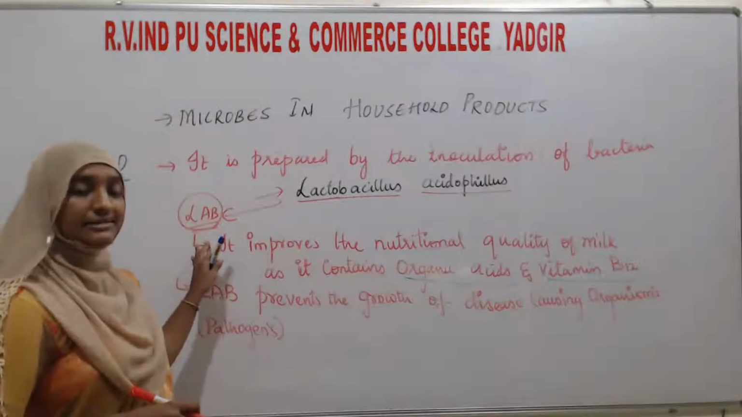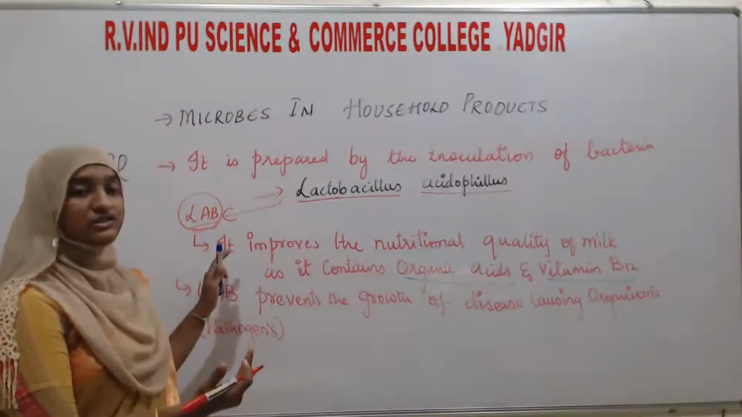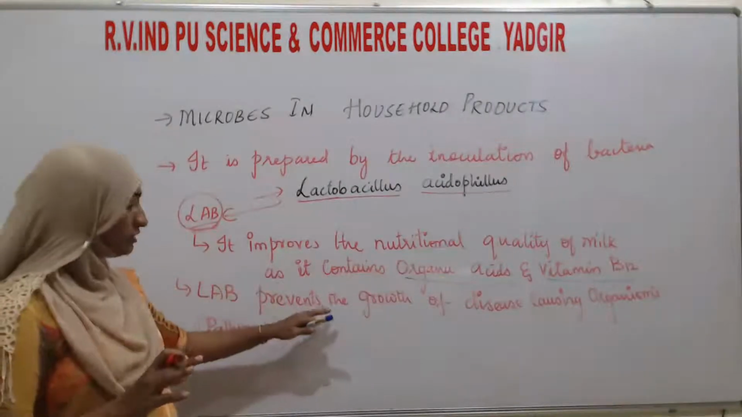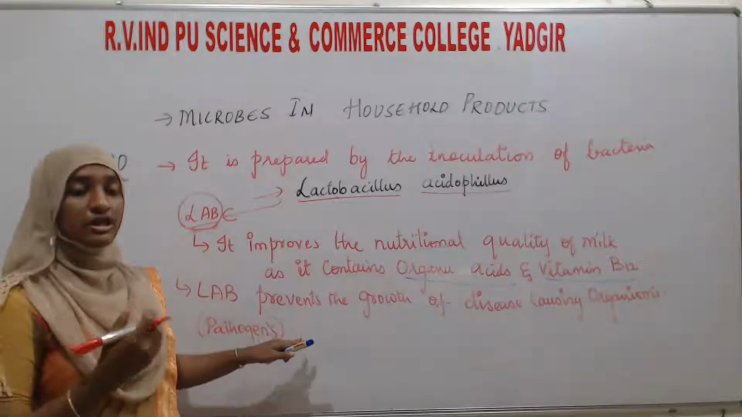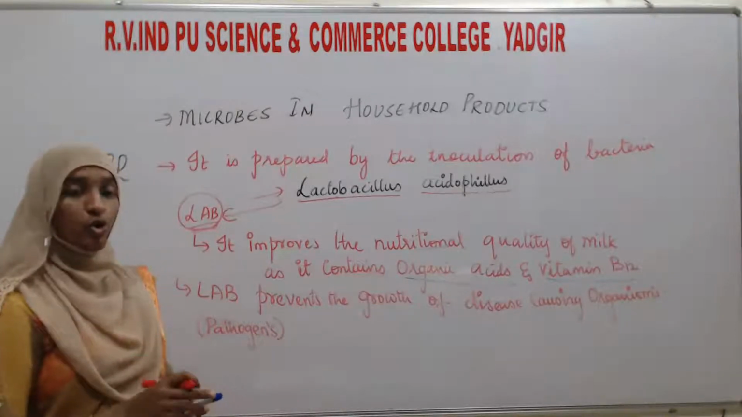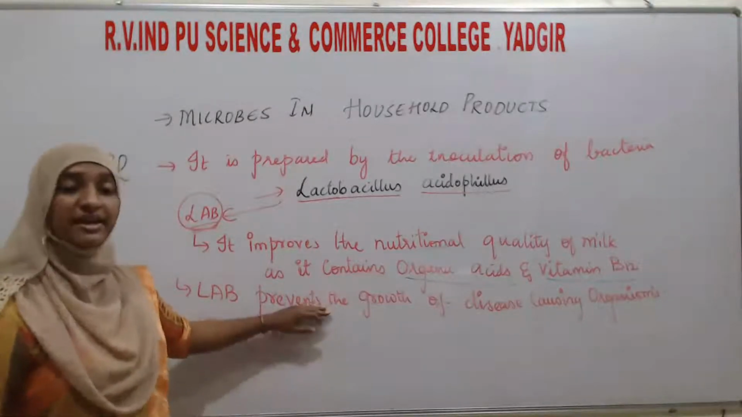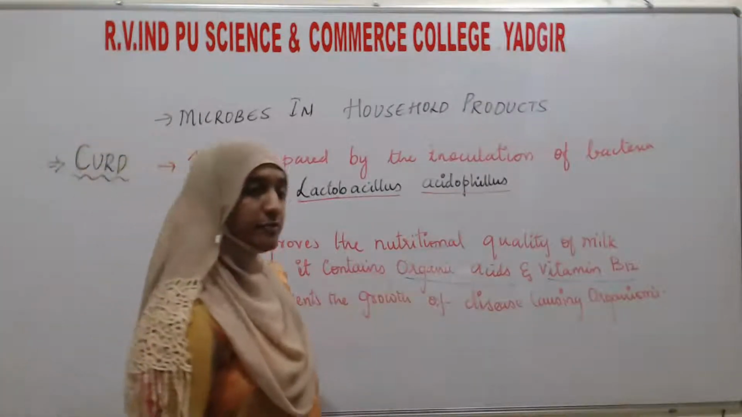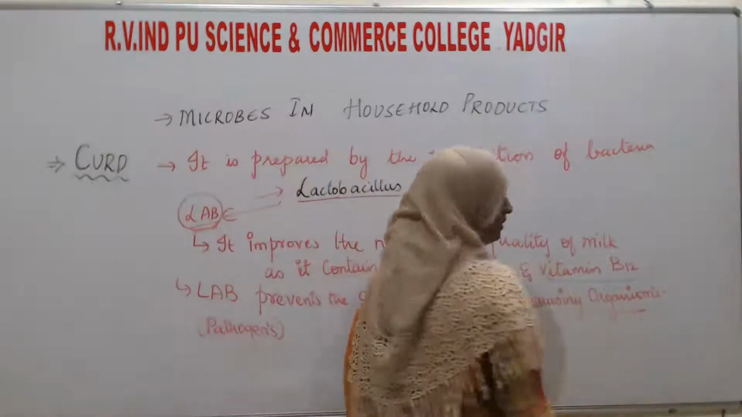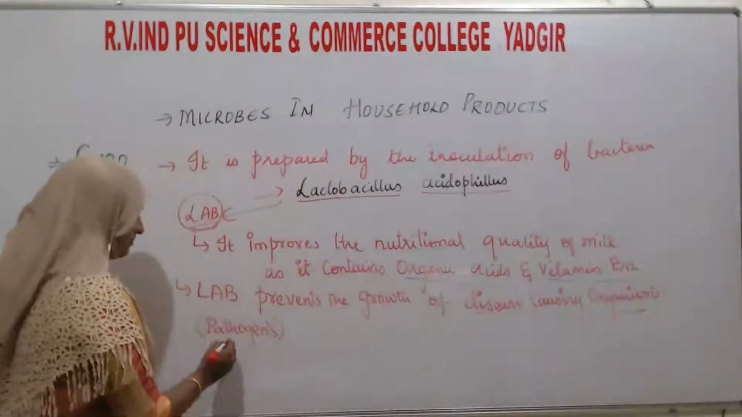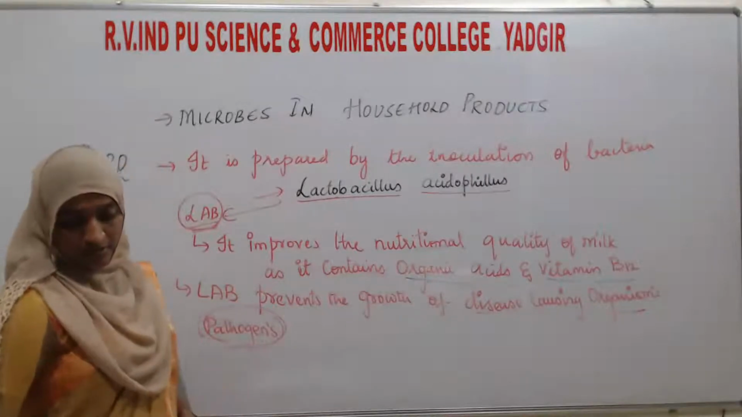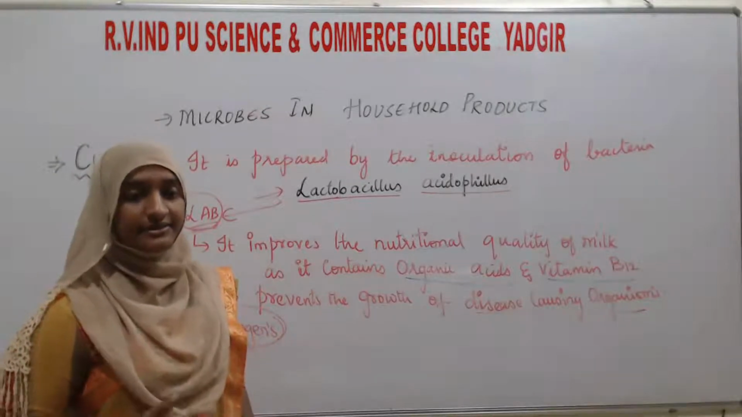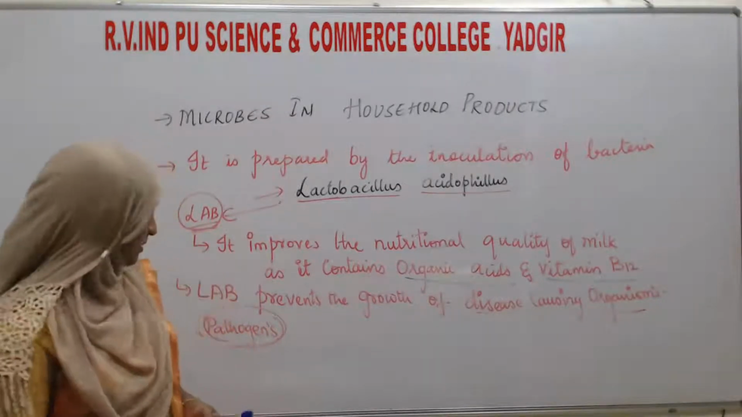This lactic acid bacteria will enter into the stomach and there it is going to defeat them. Okay, they are going to kill them, they are going to prevent them. How are they going to throw them away from the body? By inhibiting their growth. They will stop their growth, especially of disease causing organisms. What are the disease causing organisms? That is the pathogens. This is one thing about the lactic acid bacteria, as well as it will also improve the